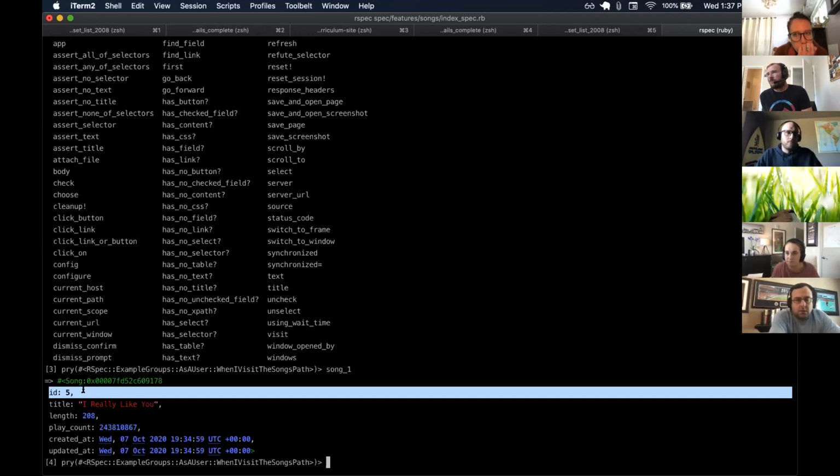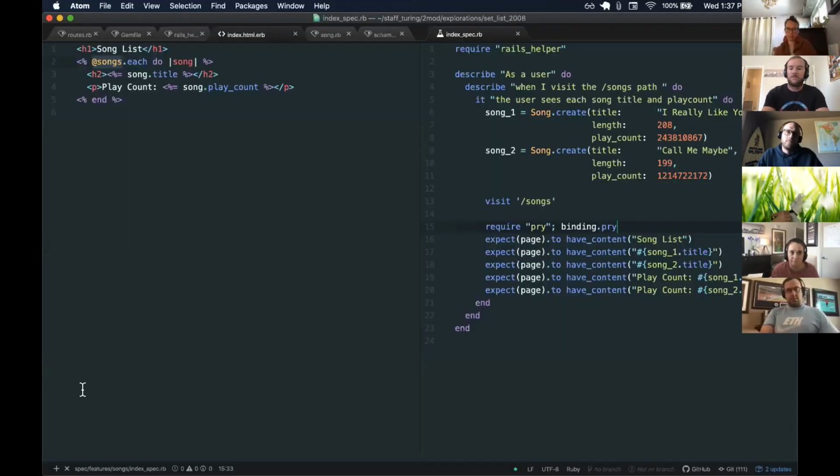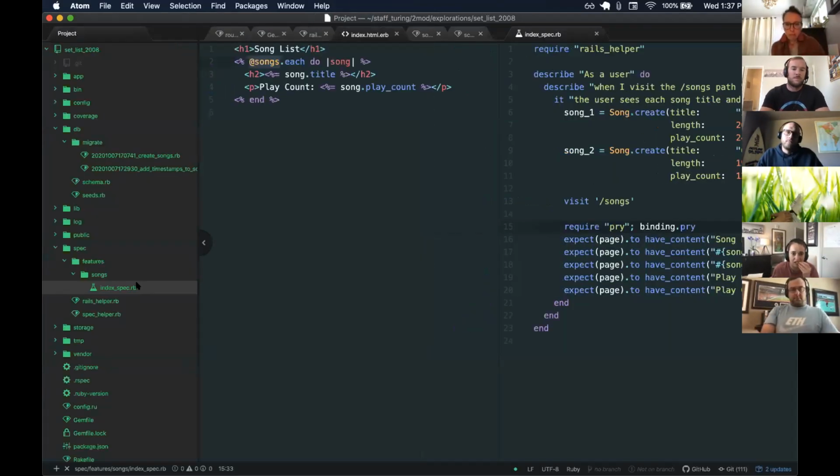Hannah, what's up? Yeah, so I just had a question about you named your file index underscore spec, I think. Is that corresponding to the index method? And this is less corresponding to the user story, but we're kind of testing each method, which somewhere should be in the user stories. Yeah, so it's kind of both. Yes, the index spec corresponds to testing the index action, and I'm writing out the user story in a way that's